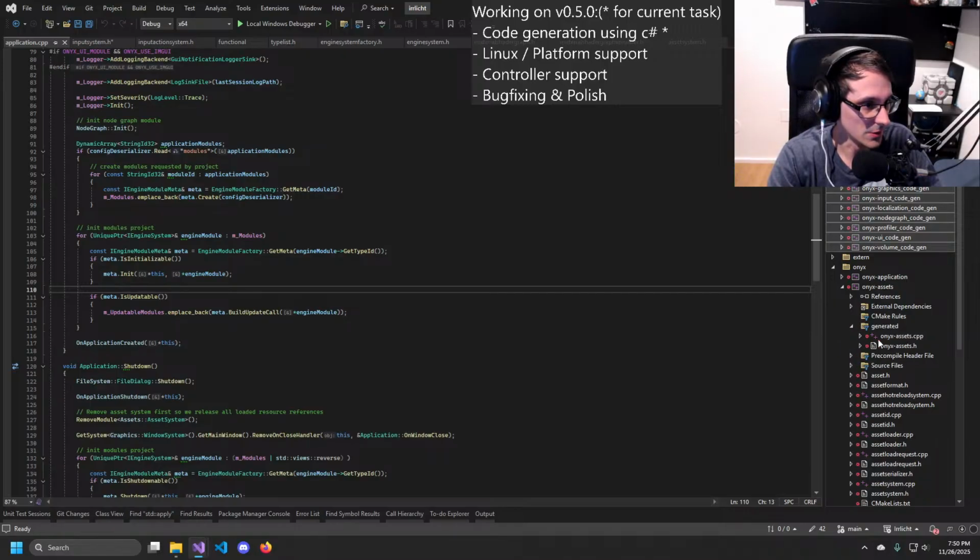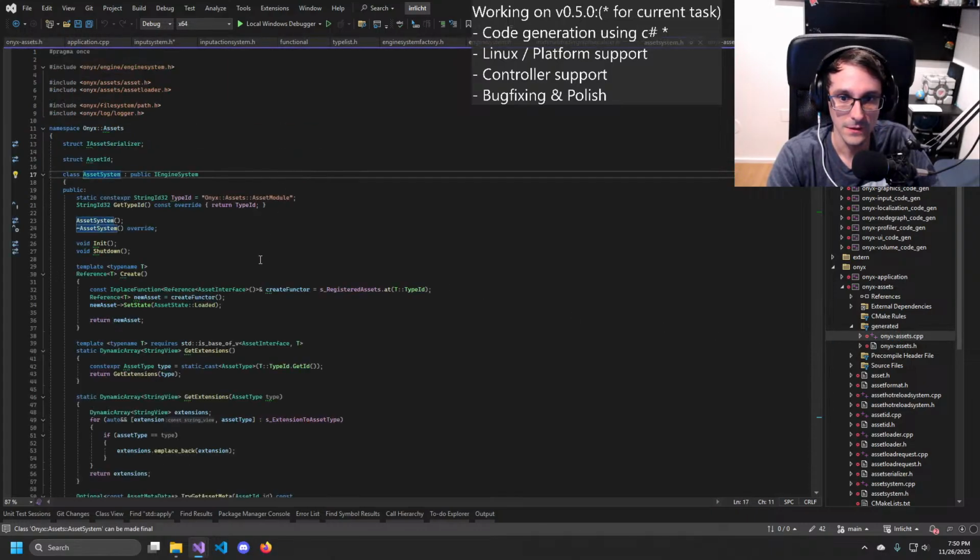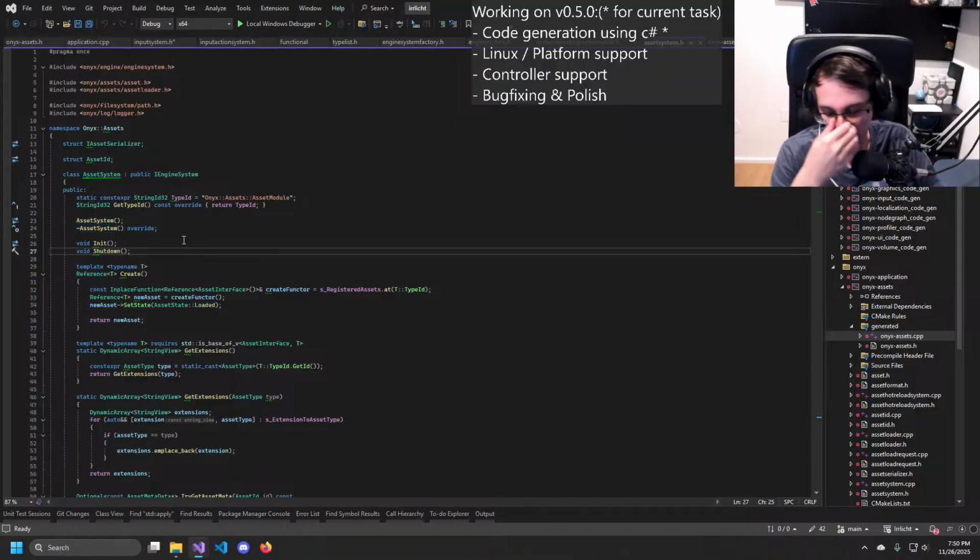What I noticed is that I think I need to change how my systems work for this. I mean, there is another way. I could parse for the init function in the code generator and use that. But I don't really like that.